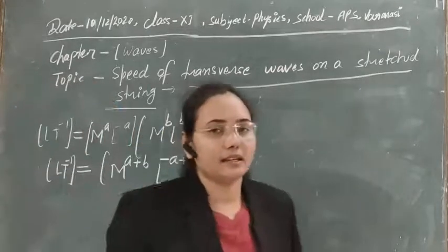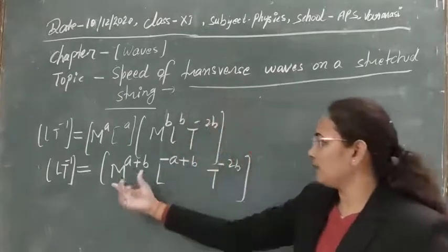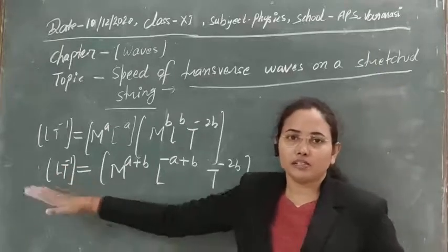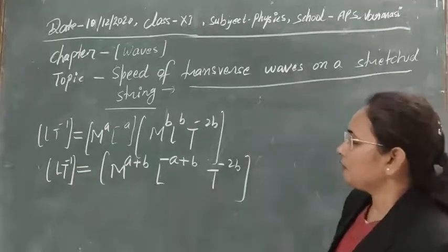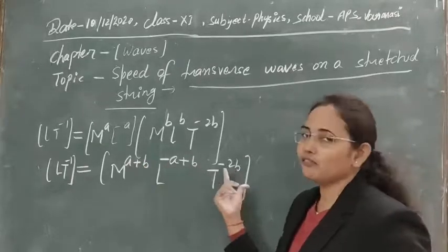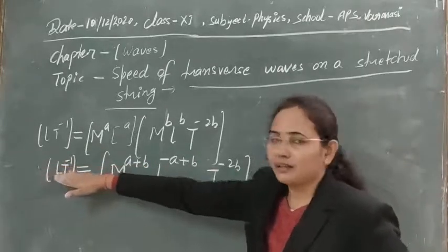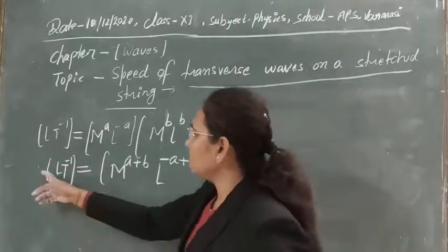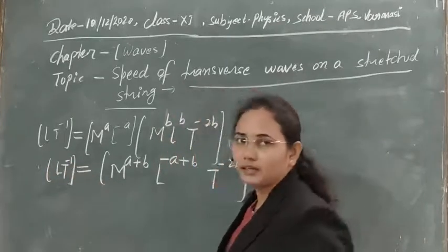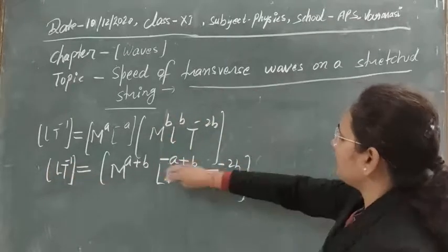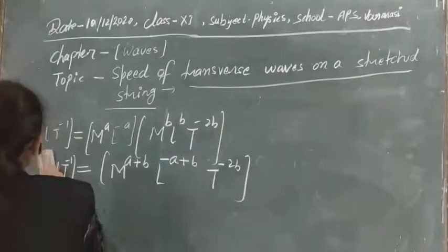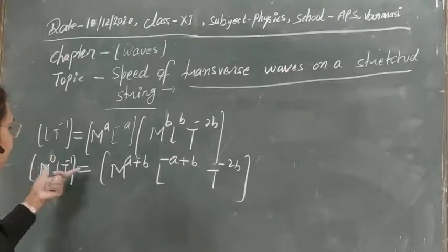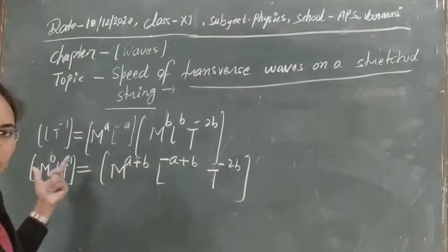And now the dimensional analysis tells us that the dimensions on both sides should be equal for any formula, for the stabilization of the formula. It means that the power of these factors will be equal to the power of the same units on the second side. So here M is not available, then M power 0 will be here, obviously you can write it. Then compare all these factors here. So suppose here we are writing just M power 0. So now let's compare the powers on both sides.